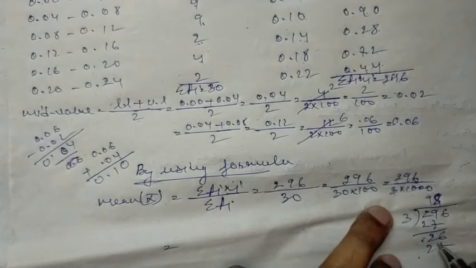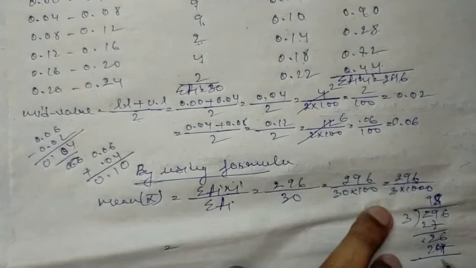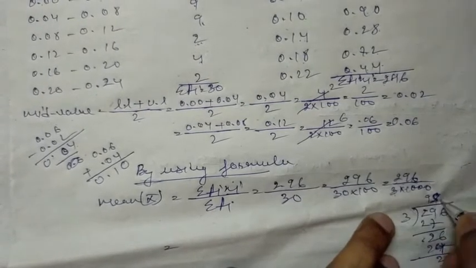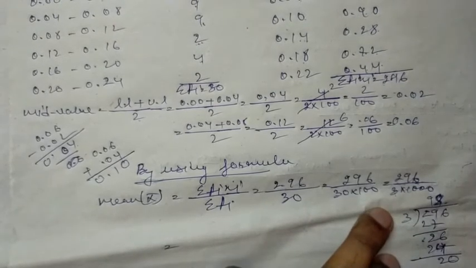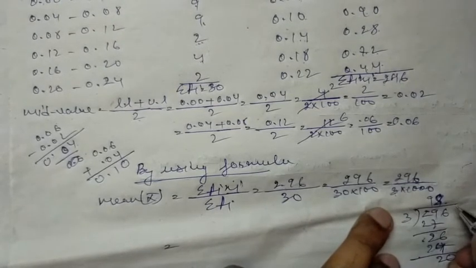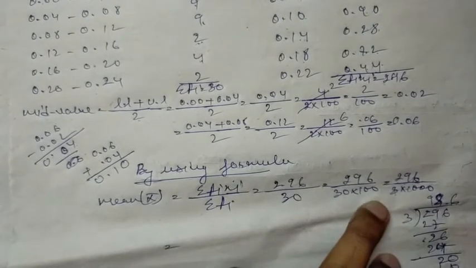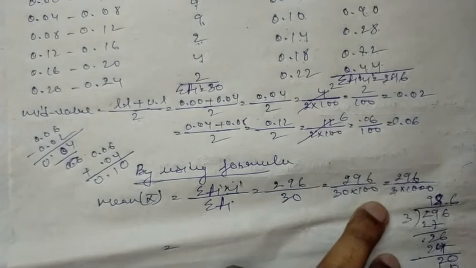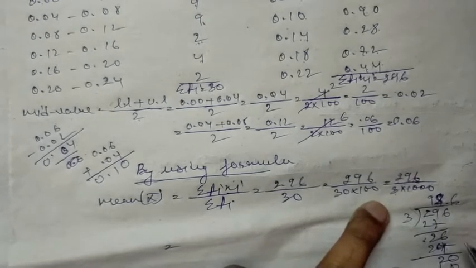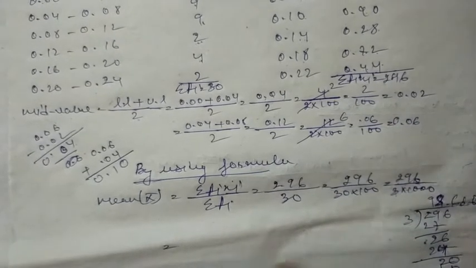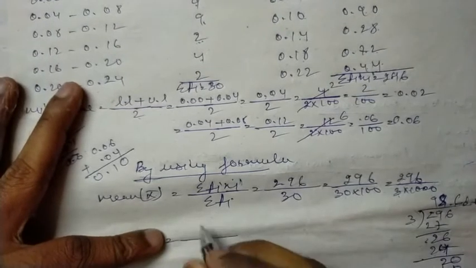Okay, 2 8s are 24, 2 again. 3 cannot be divided by 2, so we have to give a decimal. So it will be 0, 3, 3, 6, 18. Okay, 3 6 18 again. Here it will be 3 6 18, 2 0 3 6. It will keep on repeating, right? So if it keeps on repeating, we can write